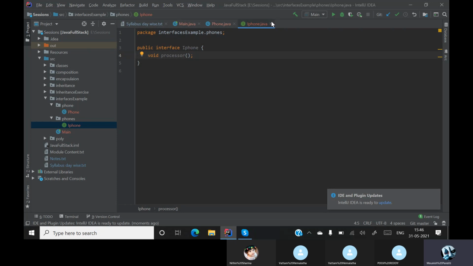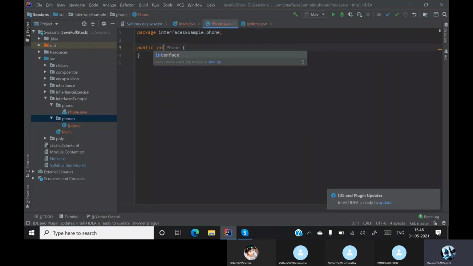Sorry, one small mistake I've done over here. Let me make this a class, and let's make the phone an interface. Instead of making a class, let's make phone an interface. So what all things should we definitely have in a phone?